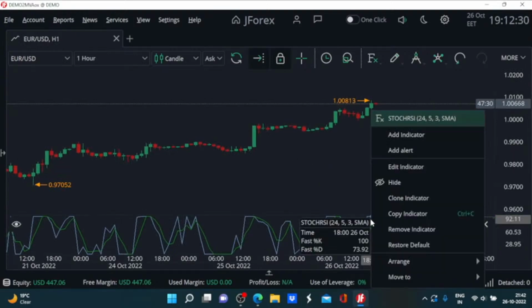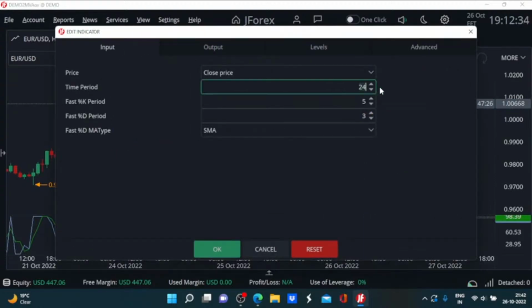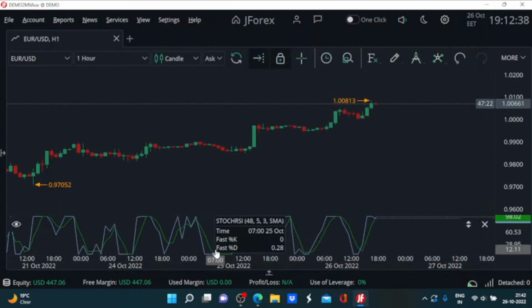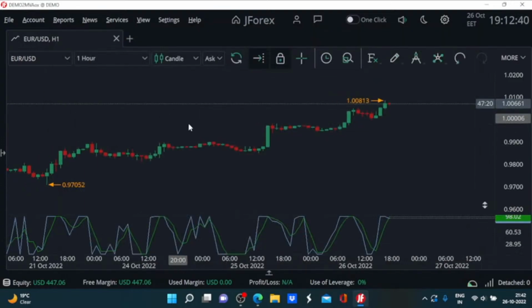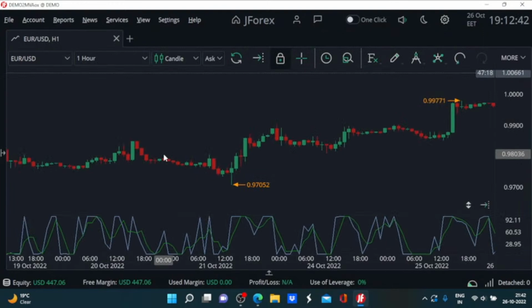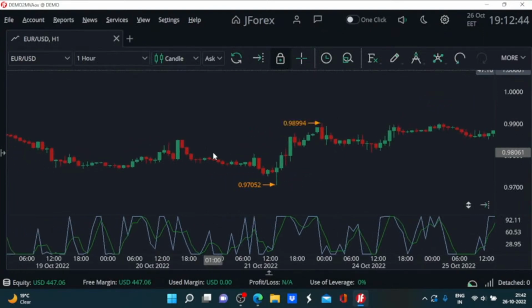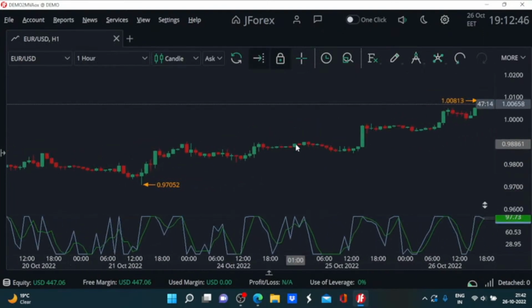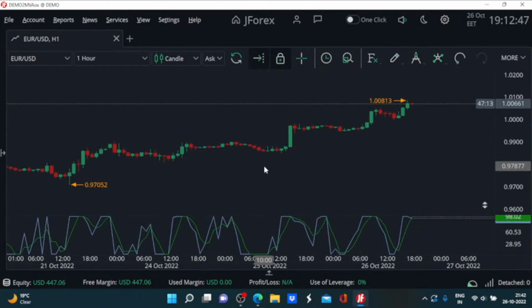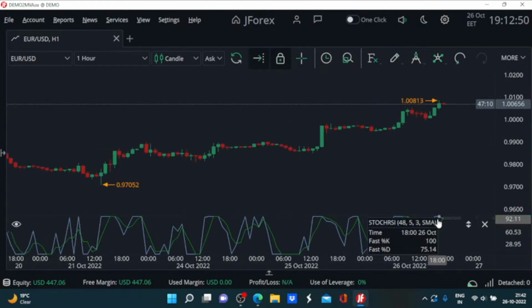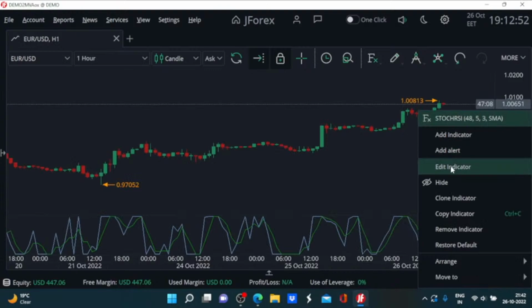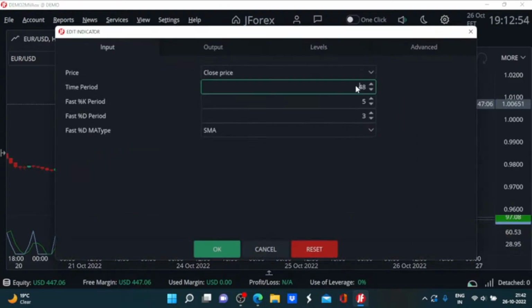Now let us try out another combination. Let us try out 48, which will mean 2 days worth of data for calculation purposes, and some more smoothing, but not much of a change here for this indicator. All right, now I will restore it back to the default of 14,